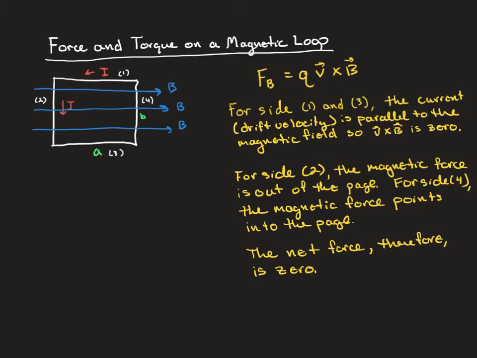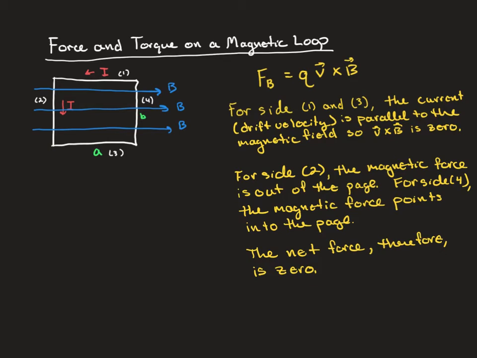Alright, so in this video we're going to discuss force and torque on a magnetic loop. This is going to turn out to be very similar to force and torque on an electric loop. However, we do need to deal with the fact that magnetic stuff is a little bit more three-dimensional. So I have a loop here, a square loop, and we have a current going through that loop,